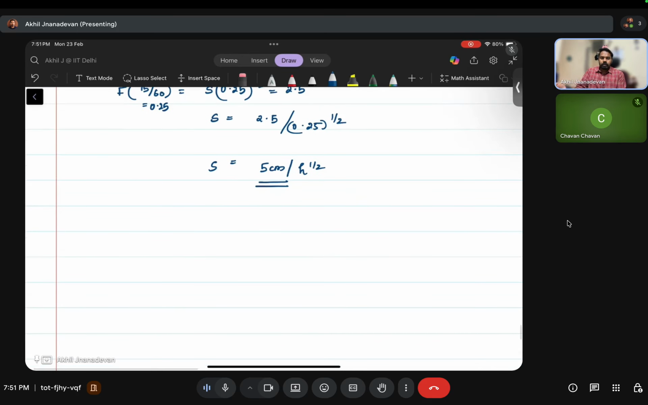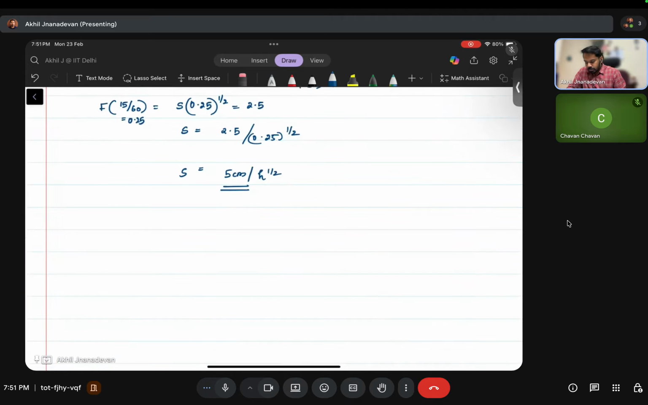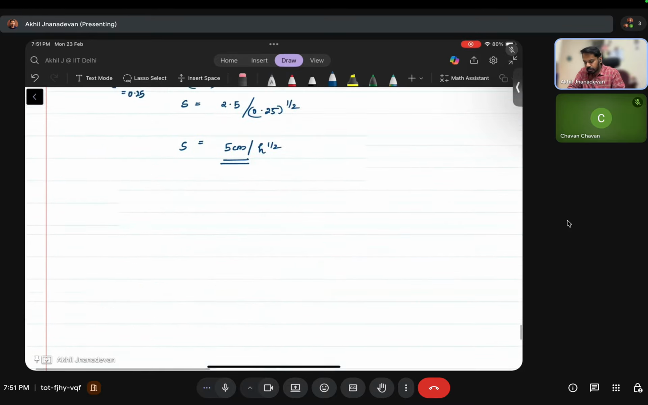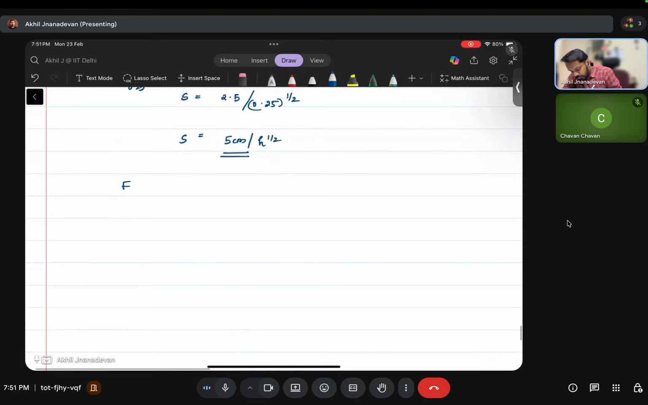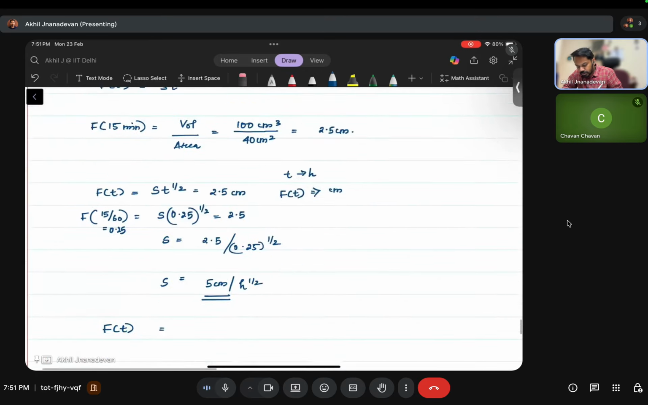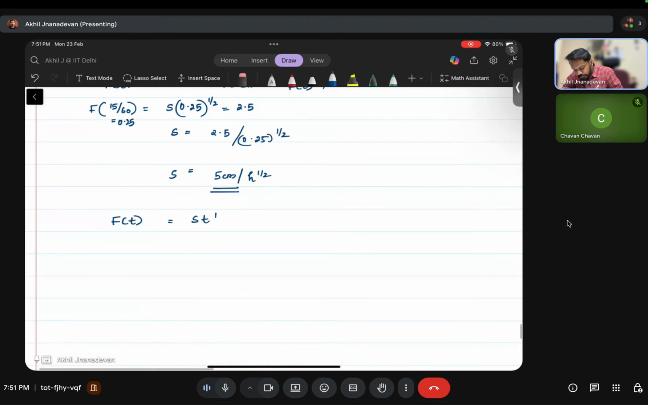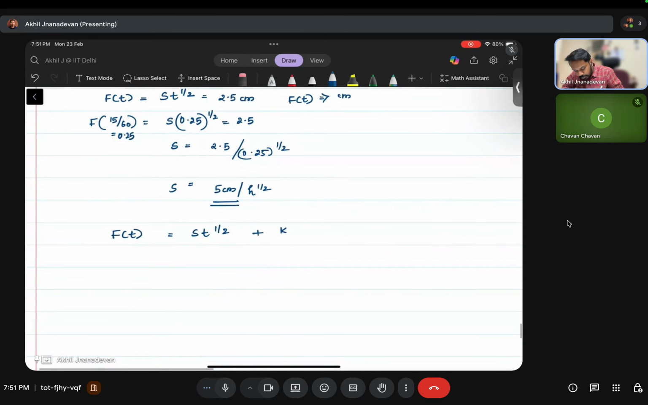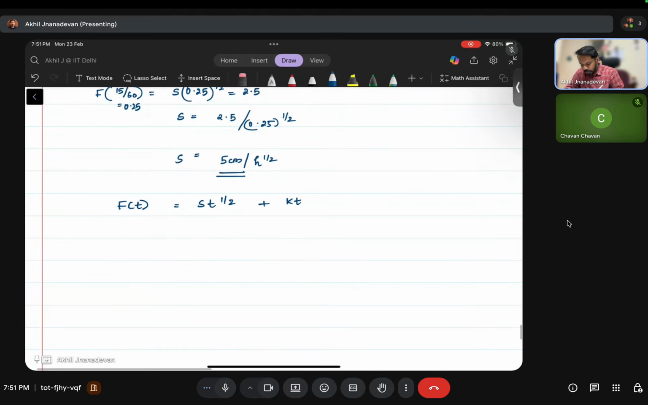Now, the next part of the question is we are inverting the soil column. So we are keeping it in vertical direction. Earlier it was in horizontal direction. Then the equation that we need to use will have both terms, the suction term and the gravity term. So the cumulative depth will be given by the suction term, that is S t raised to half, and the gravity term, that is given by K t. Right, these two will be part of the equation. So S t raised to half,